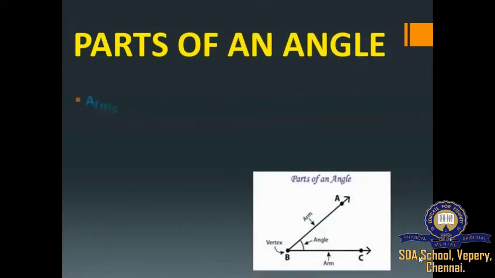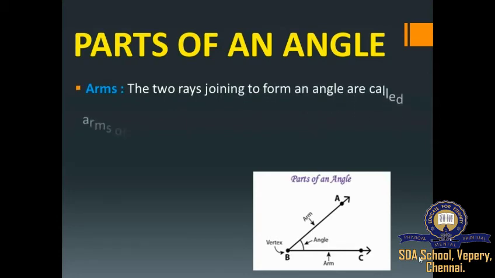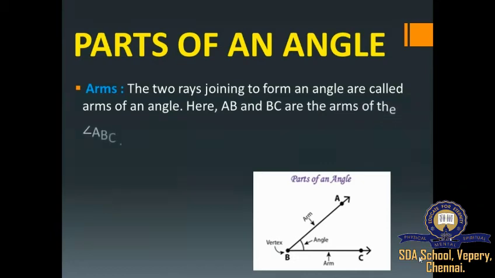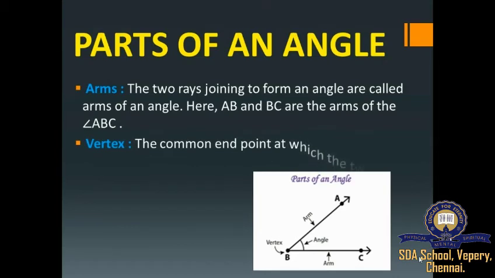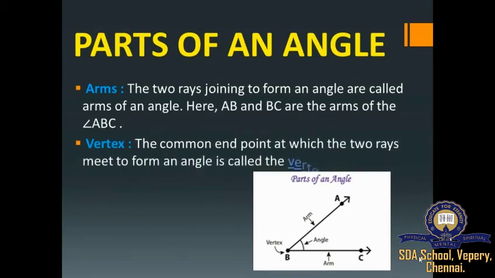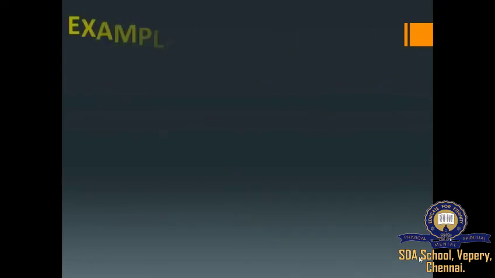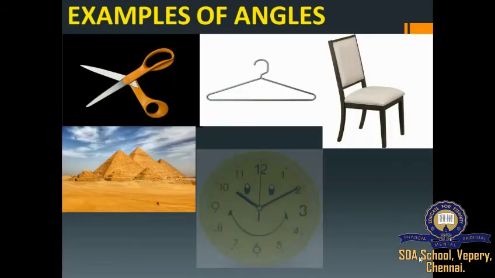Okay, and next we moved on to the parts of an angle. So there are two main parts of an angle, which are the arms and the vertex. So what are arms? The two rays joining to form an angle are called the arms of an angle. And what is a vertex? The common endpoint at which the two rays meet to form an angle is said to be a vertex. Okay, so in this figure, AB and BC are the arms and B is the vertex. Okay, and next we moved on to the examples of angles,